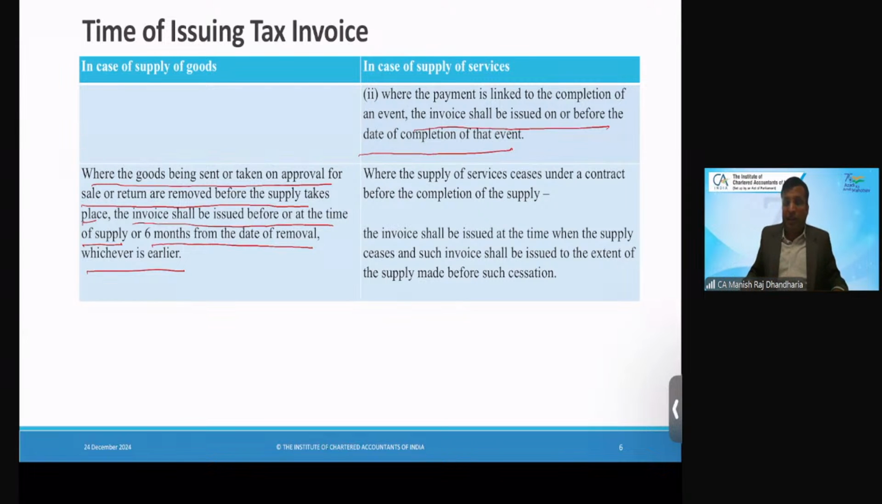Someone is asking, sir, if goods are returned back on 7th month, it means after 6 months, then will credit note be issued by the supplier to reduce the liability? Look, there can be two possible cases in this. This is a good question. भाई इनका कहना 6 महीना के बाद रिटर्न आ गया, तो भाई आपने 6 महीना के अंदर में तो इनवॉइस इशू कर दिया होगा, और फिर जब गुड्स रिटर्न आ गया then definitely you have to issue a credit note, नहीं तो आपकी लायबिलिटी बढ़ जाएगी।